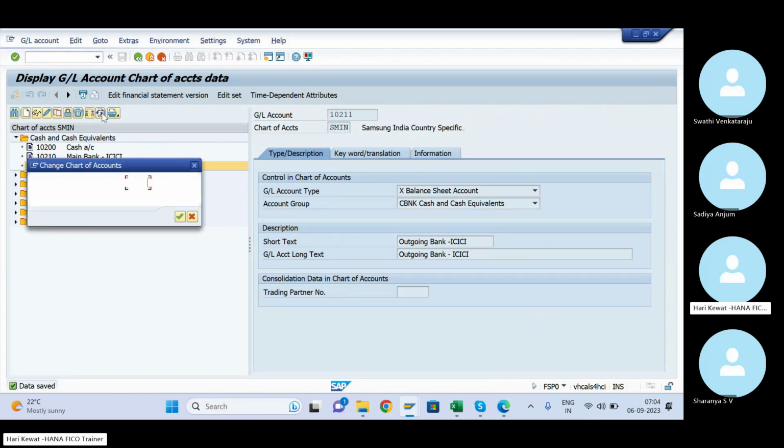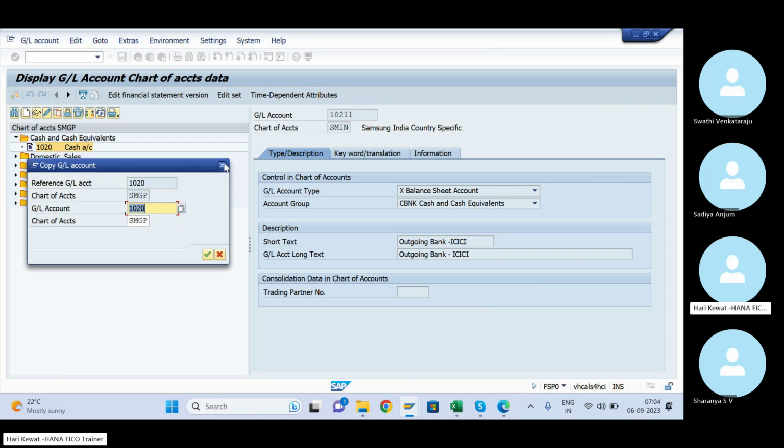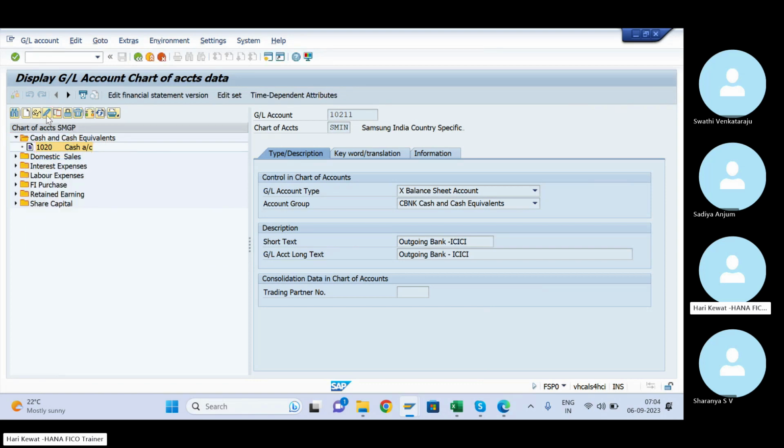Okay, group, let us say group GL SMGP. So let's say this is my group bank GL.